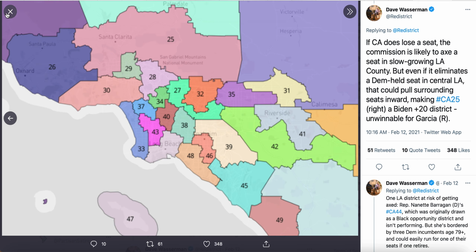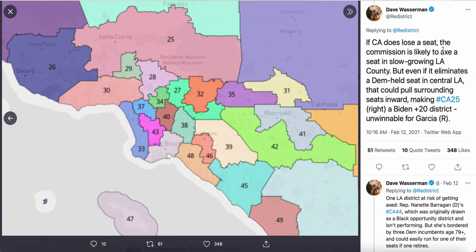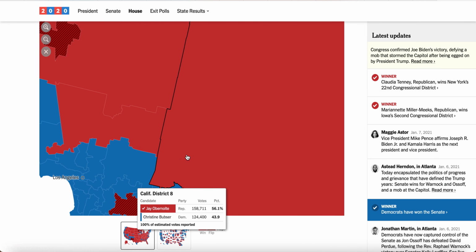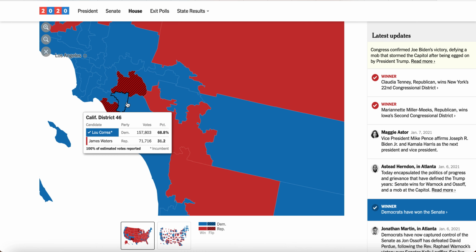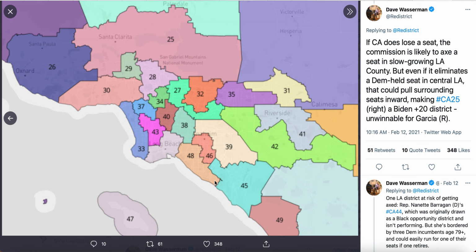So that's an opportunity for Nanette to get one of those seats because she will be in those districts. Now, moving down south to Orange County, this is a pretty competitive area between Democrats and Republicans. It used to be a ruby red Republican area, but now it's more of a competitive place. And this is where Democrats could start to do worse, primarily because of how the Independent Commission might want to draw this area.